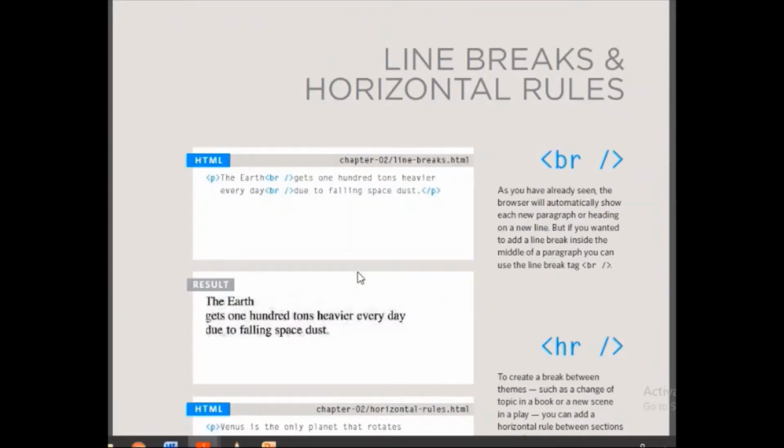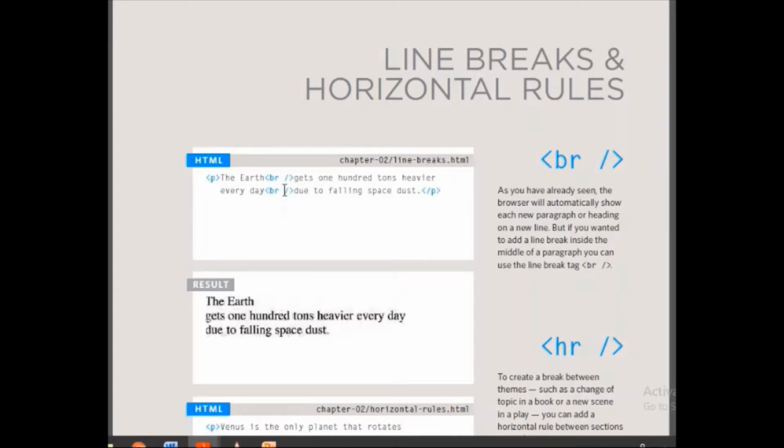The next is basically, if you want to give a break, it is very important. Whatever you are typing inside HTML, it would appear in the same line. If you want it to appear on the next line, you can use the BR tag, the break tag. It is one of the tags which is singular. It has no ending tag. It's not necessary to give this /. If you write just bracket BR bracket close, it would work. Don't need to write this /.